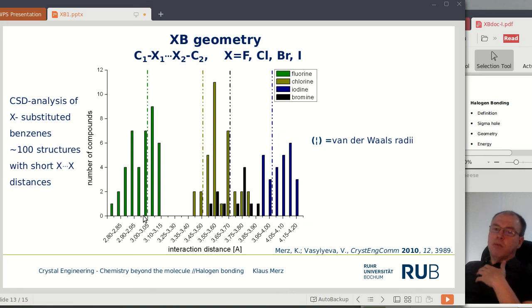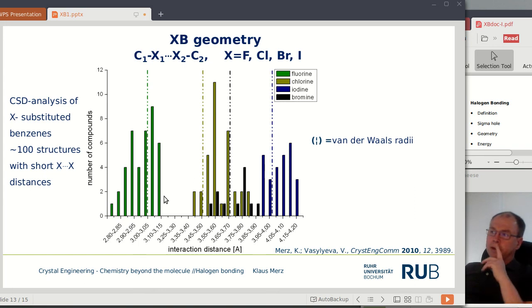This is the borderline for the van der Waals radius. So, for example, looking at fluorine, we have an interaction distance from 2.8 to, I don't know, 3.1. And on the right side of the borderline, these distances are longer than the van der Waals